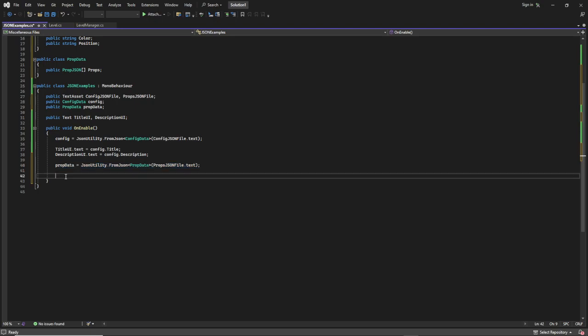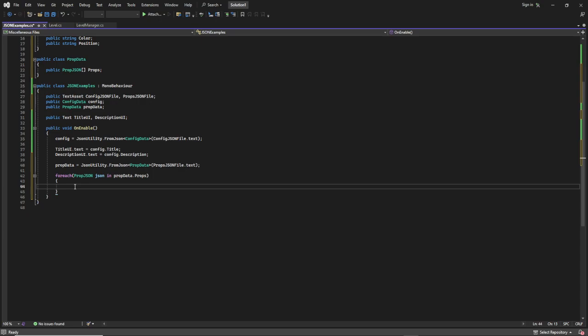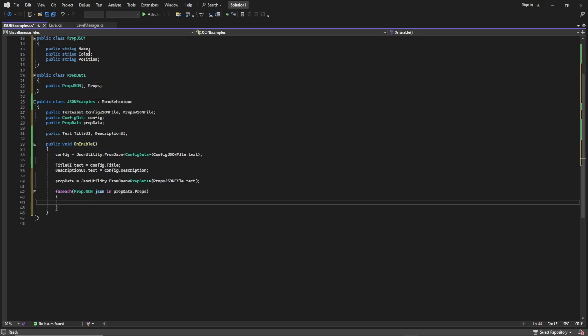But before, let's add the loop here. So we're going to do prop JSON. So for every JSON inside this data, we're going to create a cube, but before that, I want to be able to parse through the color and